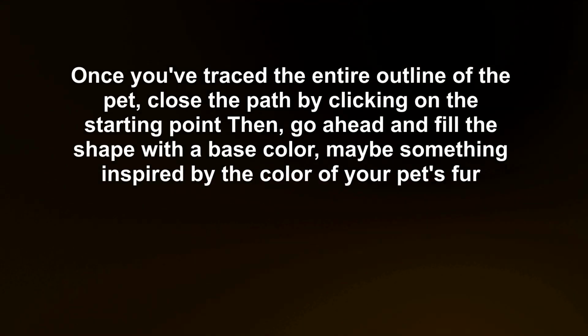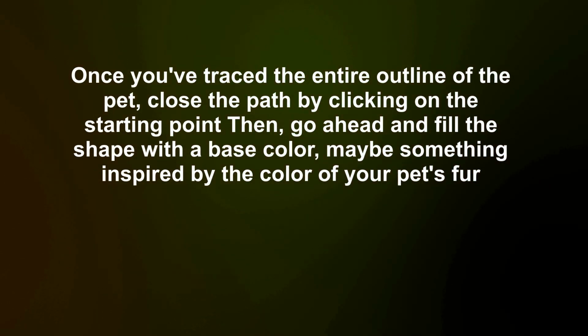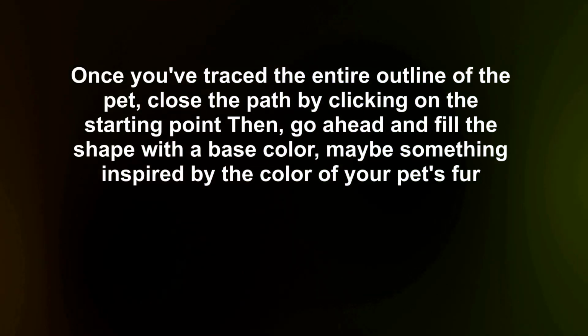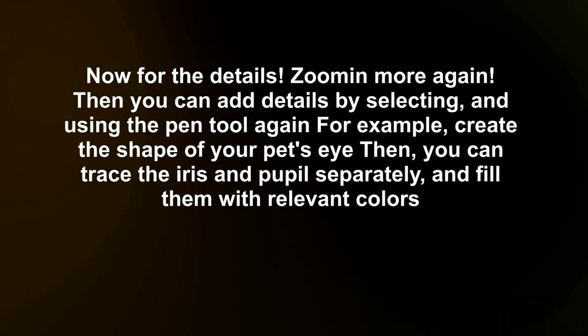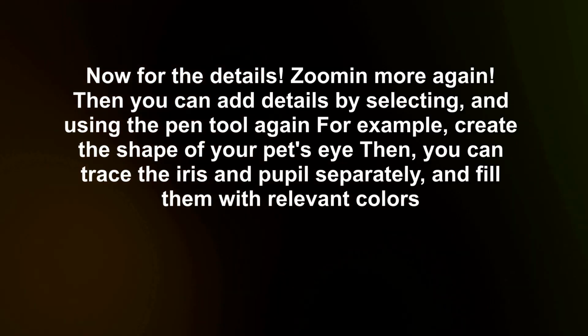Once you've traced the entire outline of the pet, close the path by clicking on the starting point. Then, go ahead and fill the shape with a base color, maybe something inspired by the color of your pet's fur. Now for the details, zoom in more again, then you can add details by selecting and using the pen